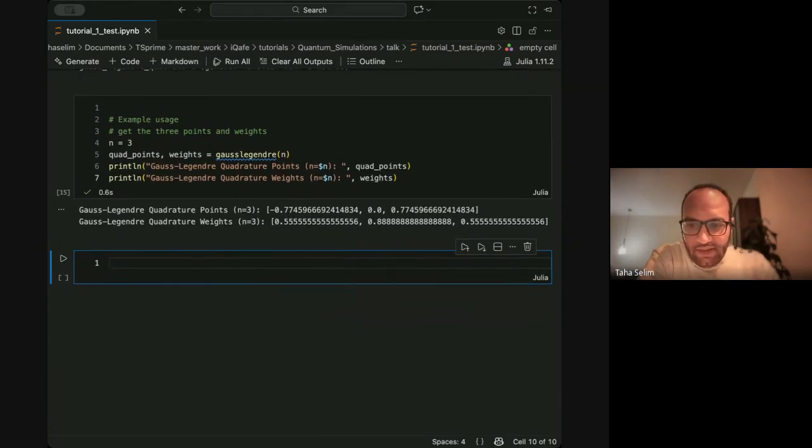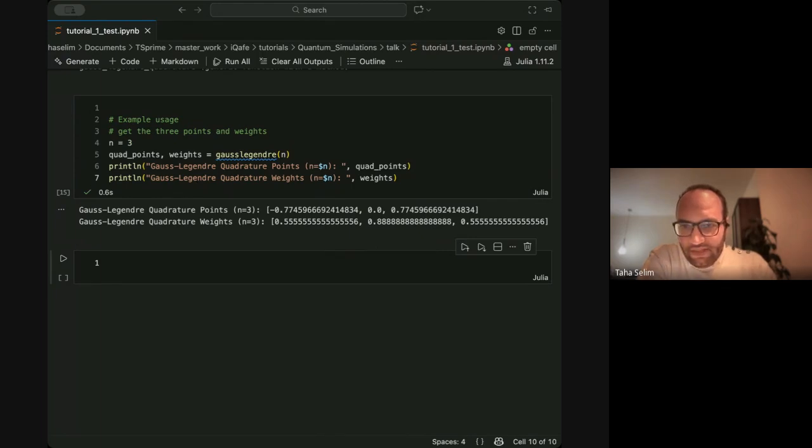So the whole magic will come in handy here, because if I wanted to use, for example, the trapezoidal rule, then I will need a few hundred points to approximate things. But if, for example, I want to use,